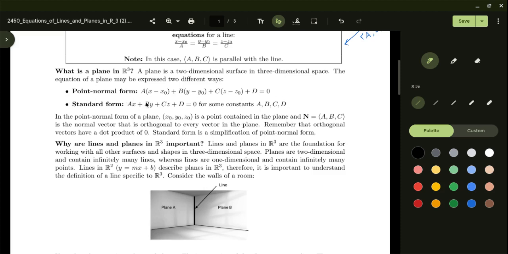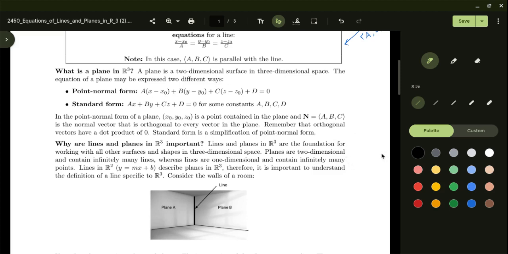So we have a point normal form equation and a standard form equation. They're actually very similar to each other. The standard form is actually just a simplification of the point normal form. And so with these 2-dimensional surfaces that we call planes, we are going to be given a point, x naught, y naught, z naught, and then also a vector, very similar to the case of our lines. But in this case, our vector that we're given, which we'll call n, is actually a normal vector. And so what that means is it's going to be perpendicular to the plane that we are constructing with these